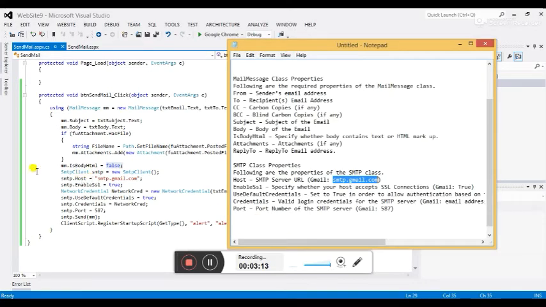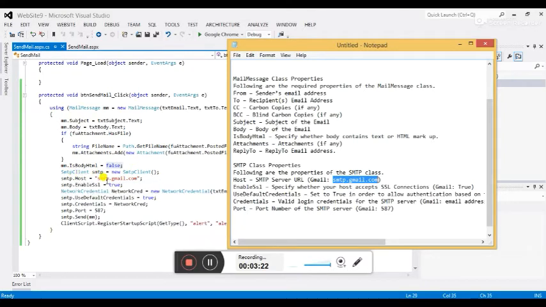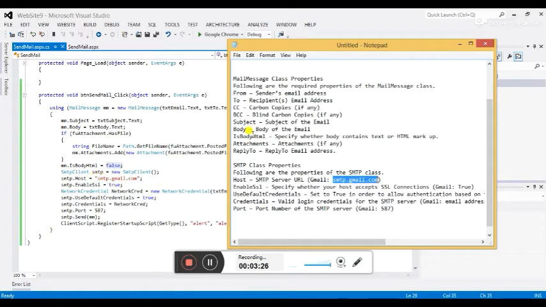Now you can see that I have created the object of SmtpClient. We have to set the SMTP Host, which is nothing but the SMTP server URL. For Gmail it is smtp.gmail.com. Now we have to set EnableSsl equal to true, because we have to specify that your host accepts SSL connections. For Gmail it is true.